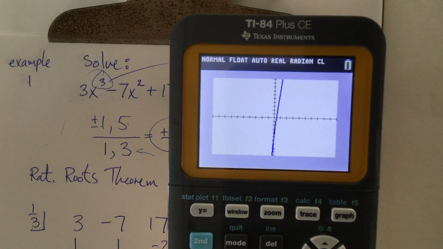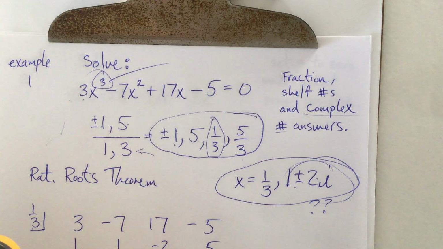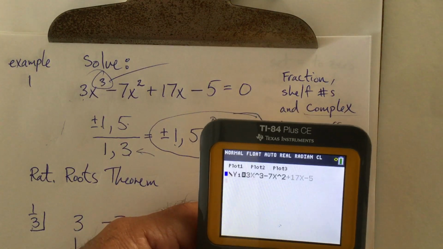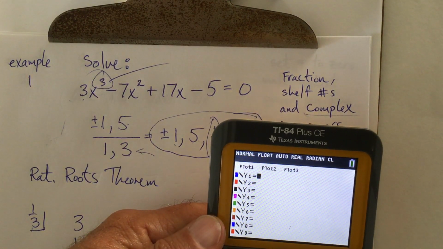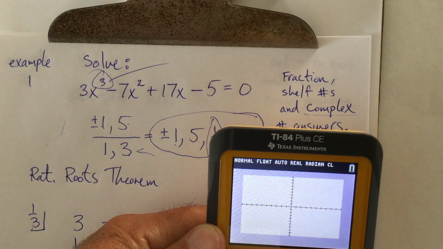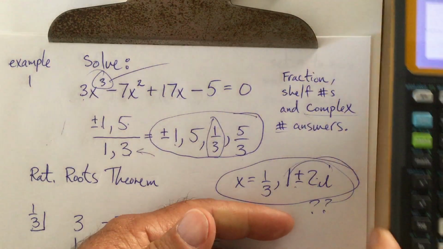Let's take a look at the next example. I got 2 more to go. So here we go. First things first, I like to clear my screen. I like to go back to y equals and clear stuff out. If you haven't done it in a while, Zoom standard. Make sure you're starting fresh every time. Okay, so anyway,